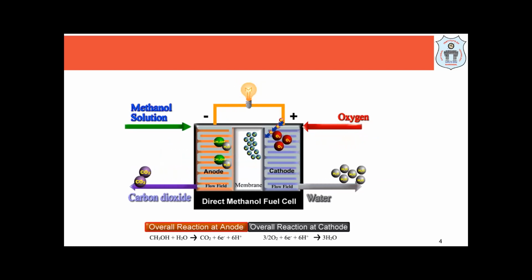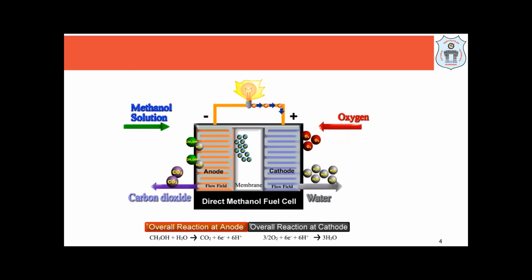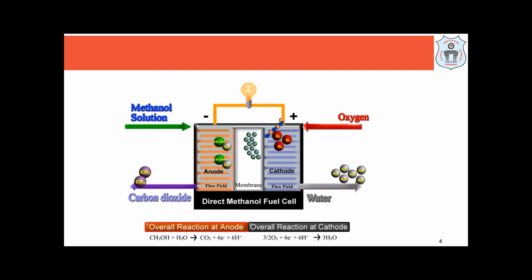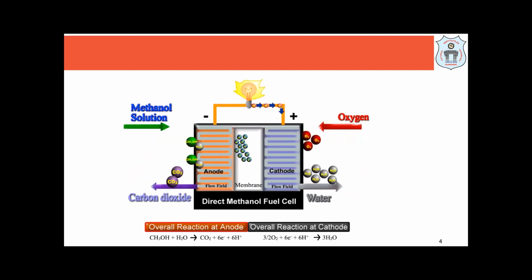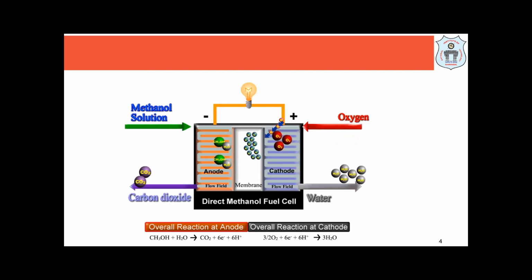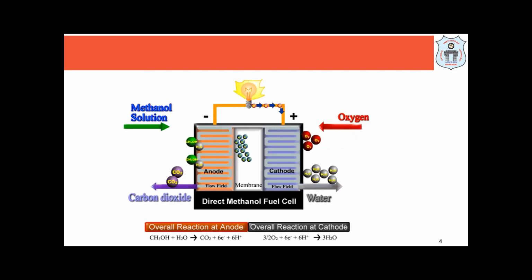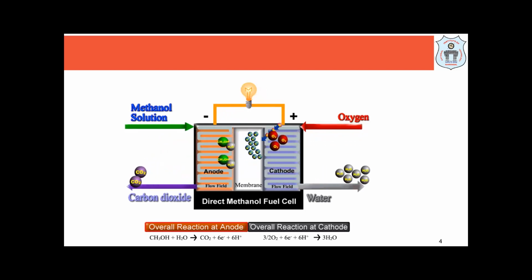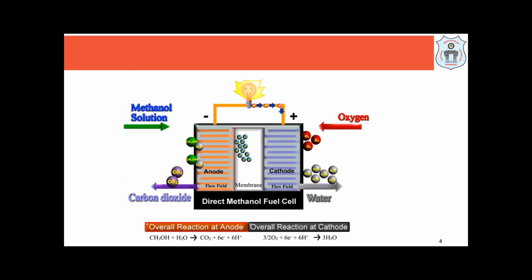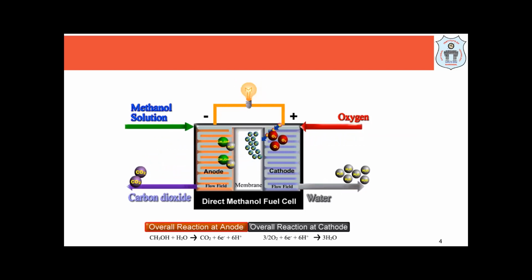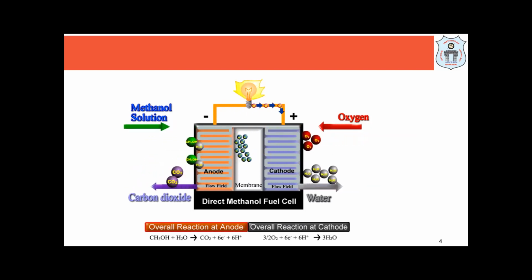We have seen in detail what a direct methanol fuel cell is in the previous lecture, where the fuel is not hydrogen and oxygen being sent here. Here, in place of hydrogen, we are directly sending methanol as the fuel. So we are sending methanol and water on the anode side. There are two raw materials or feed reactants being sent on the anode side, that is methanol and water, and on the cathode side we are supplying oxygen as usual. On the anode side you have CO2 formation and some amount of water is used. That water also will pass through